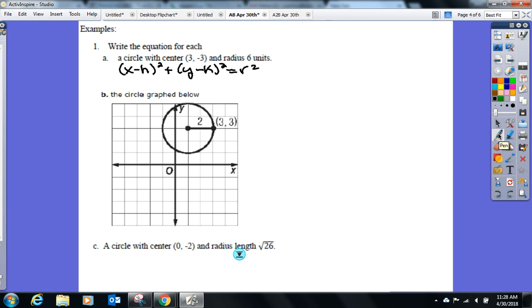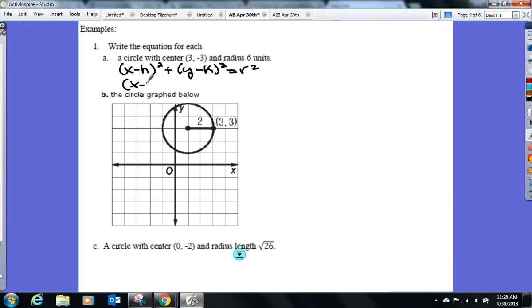What are the 3 values we're concerned about? The first 2 are h and k, the center of the circle. The center of my circle is 3, -3. So what's going to get plugged in for h? Just 3. So x minus 3 squared plus, what's going to get plugged in for k? -3. So y minus a -3 will actually turn into y plus 3, all squared, equals, what's the radius? 6, but I'm plugging in radius squared, so I don't want to plug in 6. I want to plug in 6 squared, or